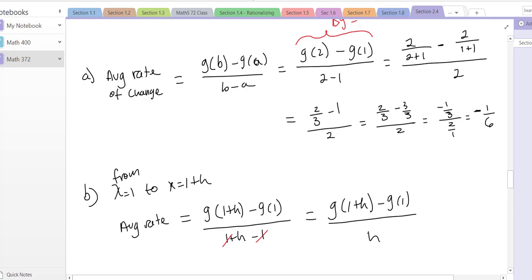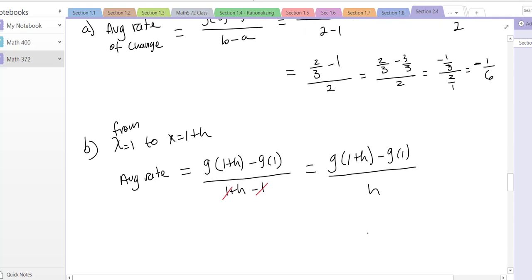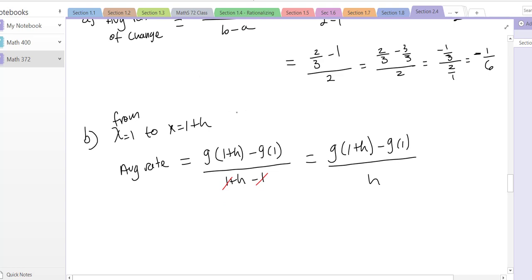So let's plug it in. Our function, just to write it again, g of x was 2 over x plus 1. So in this case, I'm going to have g of 1 plus h. So this is where things get a little crazy. So I'm going to have 2 over, everywhere I see an x, I replace it with 1 plus h. Remember, the input here is x. So what you're doing to the input, as you change it, you plug it in. So it's 2 divided by the input plus 1. So my input is 1 plus h. So I'm going to have 2 over the input, 1 plus h,